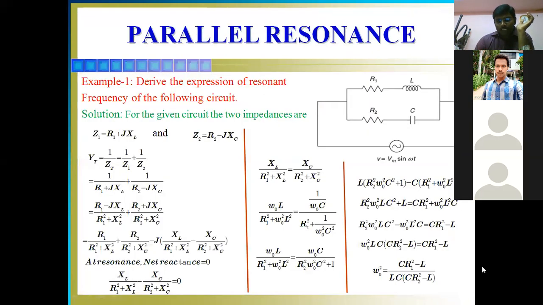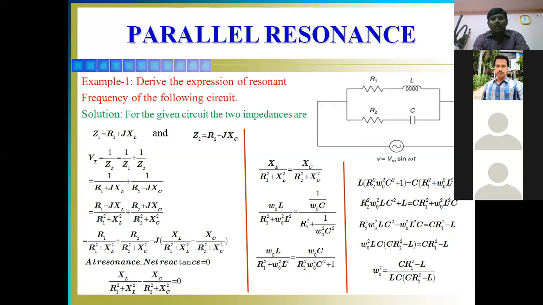And we'll consider another circuit to calculate the resonant frequency of the parallel circuit. Here, consider L and C, and there are two resistances. L has an internal resistance and C also has an internal resistance. Earlier, while considering the first parallel resonant circuit, we considered only R in series with L. Now you also consider R2 in series with C.